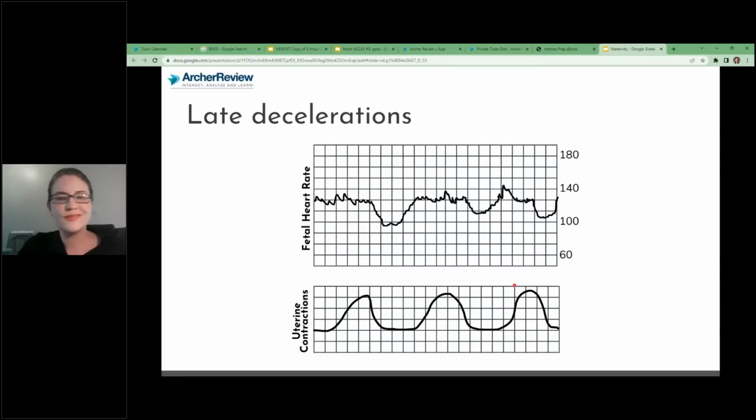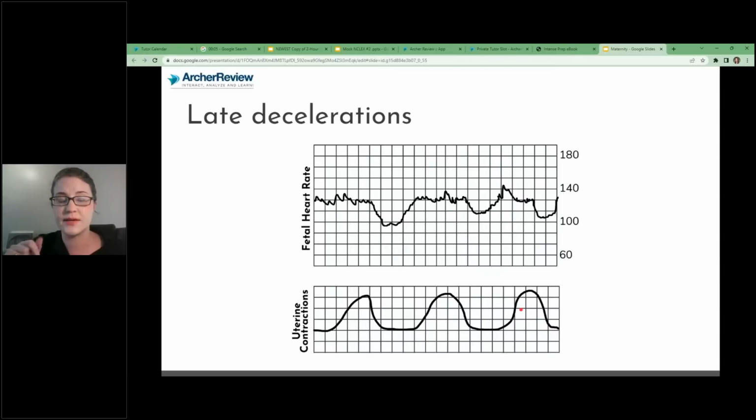Late decelerations, also not good. Late decelerations really tell us that there's placental insufficiency. There's decreased blood flow to the placenta. And this often happens with maternal hypotension, for instance. If the mother's blood pressure drops really, really low, not enough blood will get to the placenta and you'll get